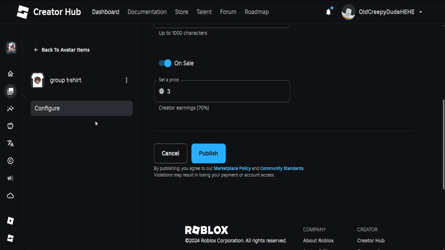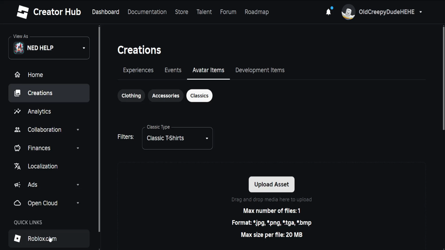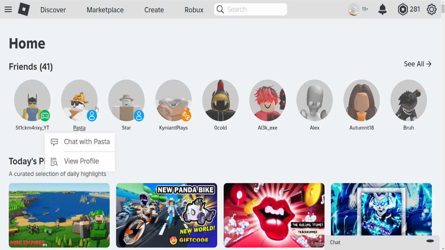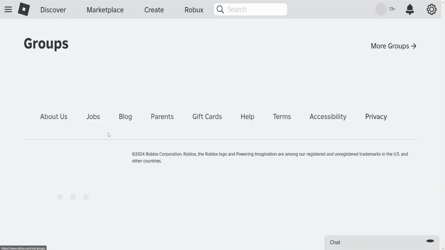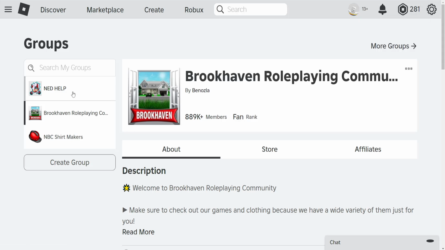Now once we see this, we can go back, and from the quick links I'll go into Roblox and I'll just confirm that this works. Click on the hamburger icon here in the top left, groups. Now I'm going to go into my group here, ignore this, go into my group,